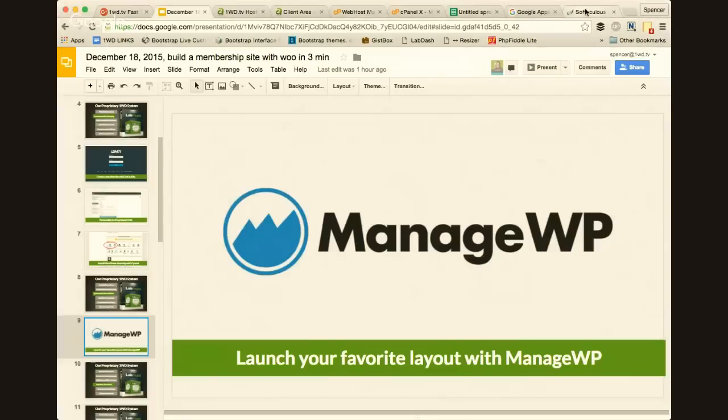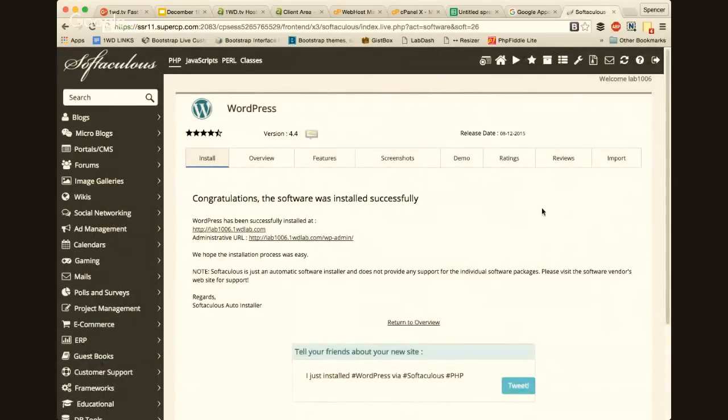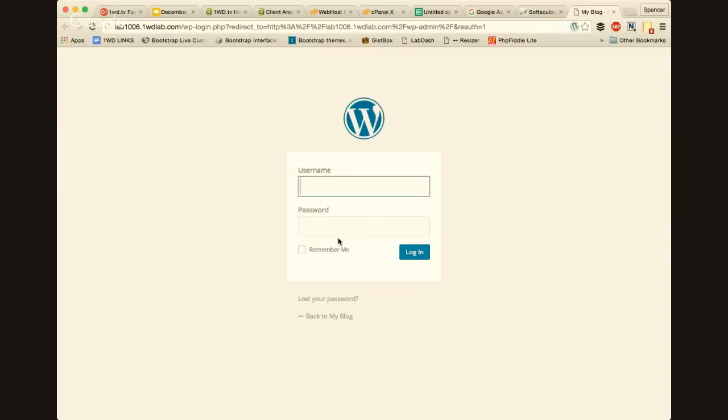Okay, next thing is, so now that we got WordPress, let's go ahead and do the basics of logging into WordPress, and we're going to connect to Manage WP. So we go to the WordPress admin of this site, and remember, we've got the login of